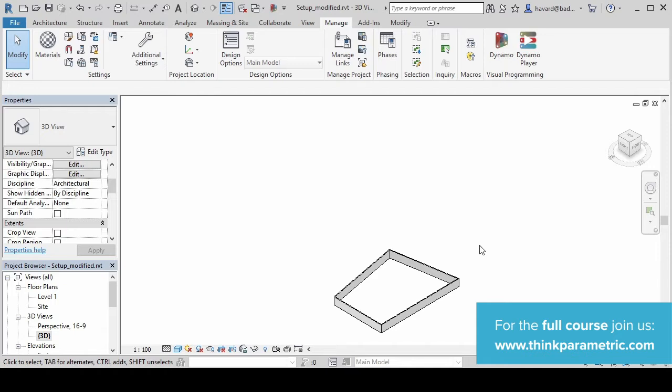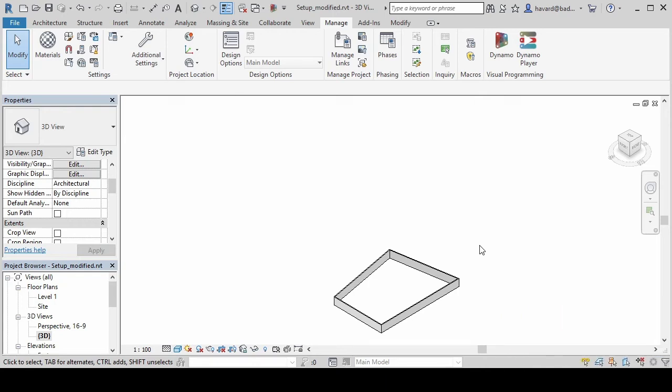In this part of the course, we're going to start looking at how to move geometry and data between the different systems of Revit and Rhino. We're going to start by looking at how we can move 3D geometry from Revit into Rhino to create a basis of modeling in Rhino.